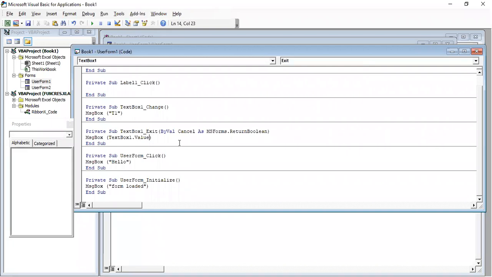When you exit the text box, you can take the value of the text box and use it for validations, like whether the entered data is as per the requirement or not. Or if it is a not-null field and the user has gone to that text box but come out without entering any data, then you can check that also.